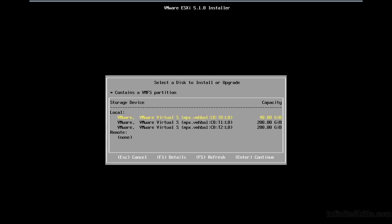And then later I can go and format those additional 200 gig drives as VMFS data stores, or I could even put multiple VMFS data stores, or I could combine them into a single VMFS data store. And we'll discuss all that in a later video. For the time being, I'm just going to go ahead and press